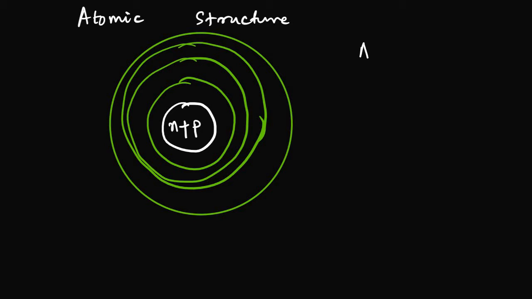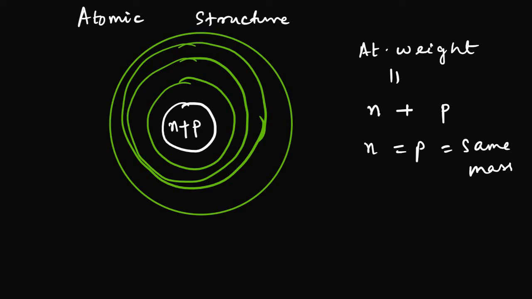So what is atomic weight basically? Atomic weight consists of neutrons plus protons. We know neutron and proton have the same mass, but the proton is positively charged whereas the neutron is neutral. That's how the nucleus has twice the mass of a neutron or proton, but is positively charged. That's how it pulls or attracts the electrons, which are roaming around in certain orbits like this.